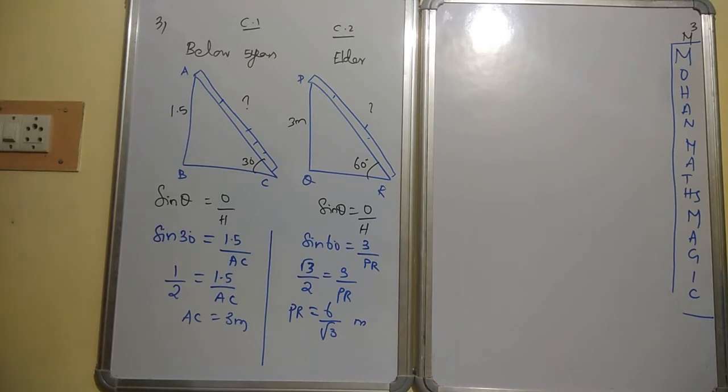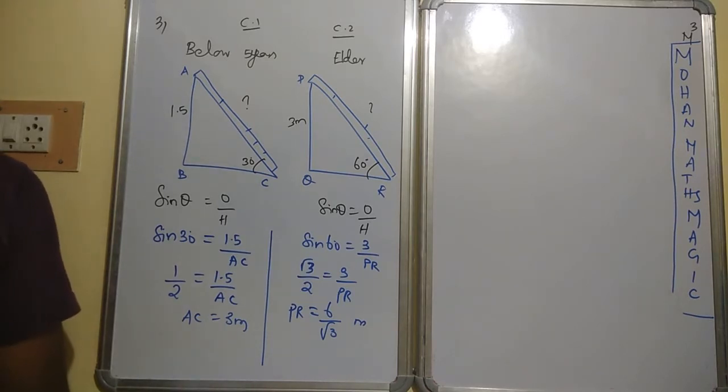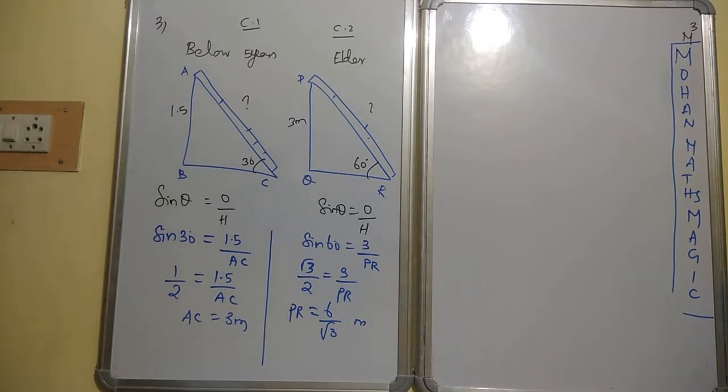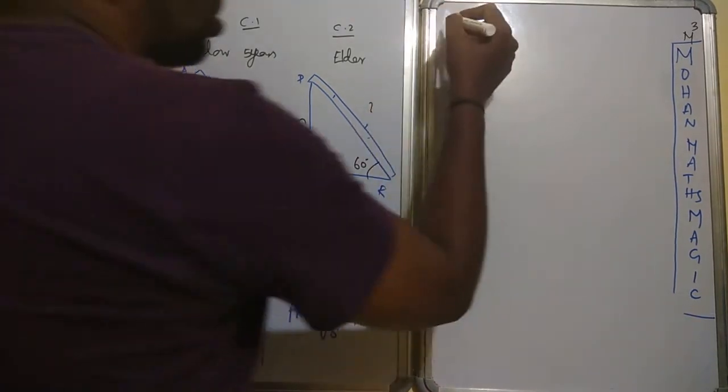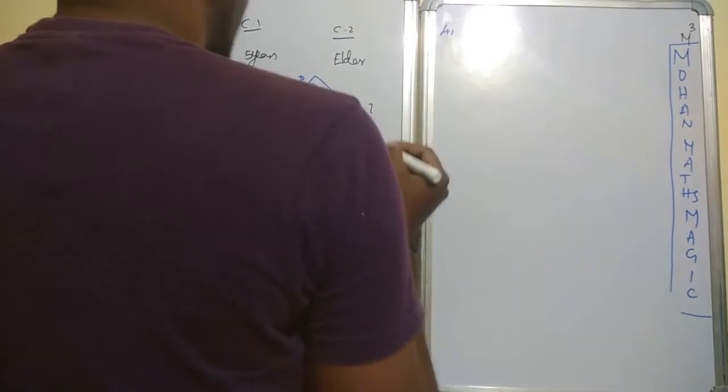Clear? Fourth question. The angle of elevation of the top of a tower from a point on the ground, which is 30 meter away from the foot of the tower, is 30 degree. Very easy question, same model. So question number 4. What they have given is,